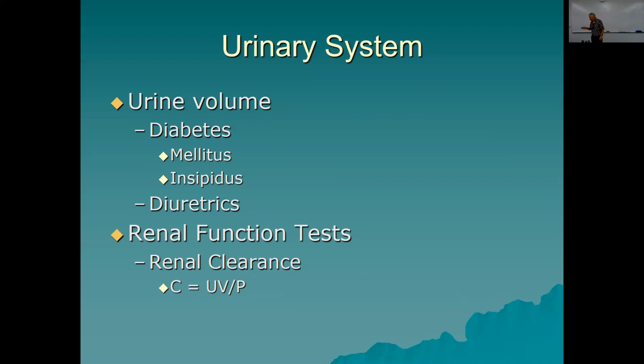And diuretics, remember, are things that really inhibit ADH. They used to be used for high blood pressure. People used to give people diuretics to make them pee a lot, so their blood volume goes down and their blood pressure goes down. But now they have much more sophisticated drugs for that.